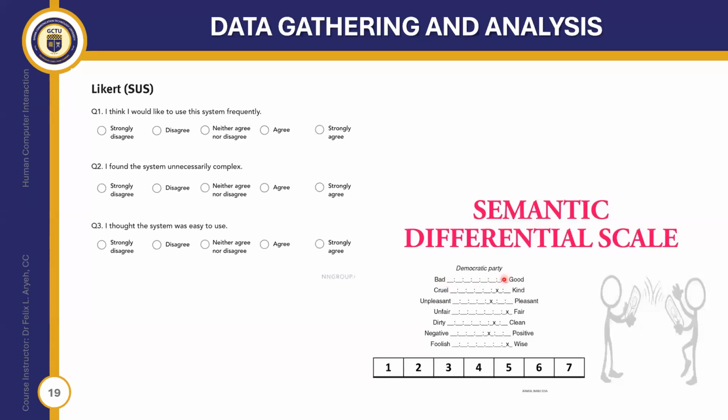The closer you are to any of them, the better it is. So for instance, if a selection is made here, it means that is a 7 based on a key that has been given here. So it means you have a selection of good. And when it comes to cruelty and kind, you have a selection of